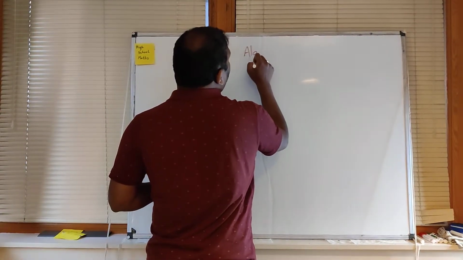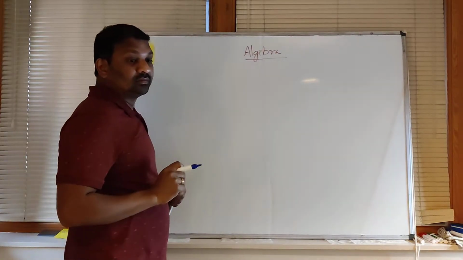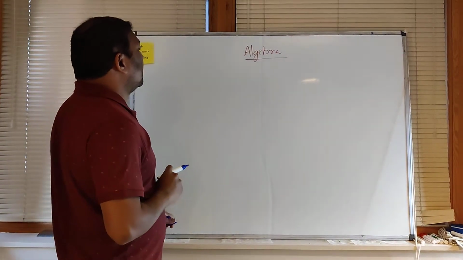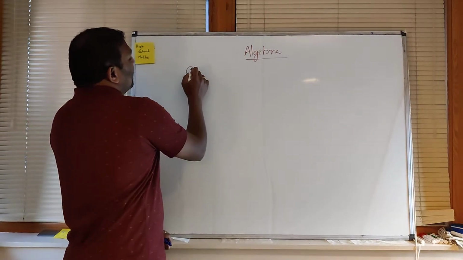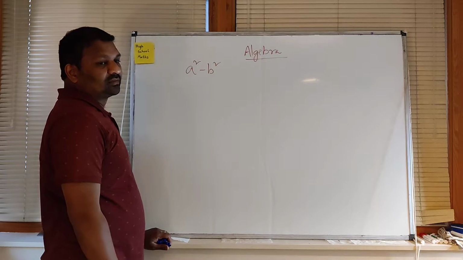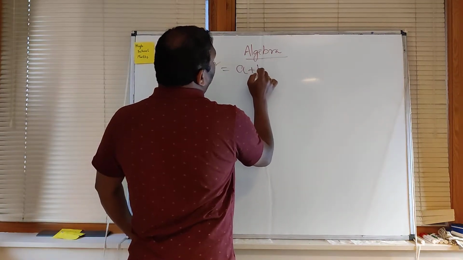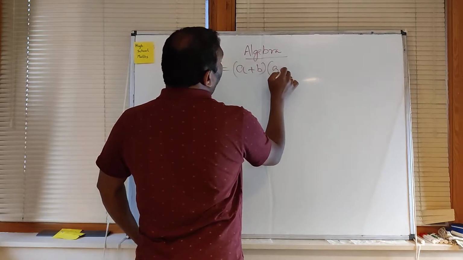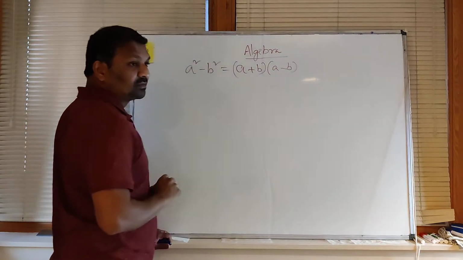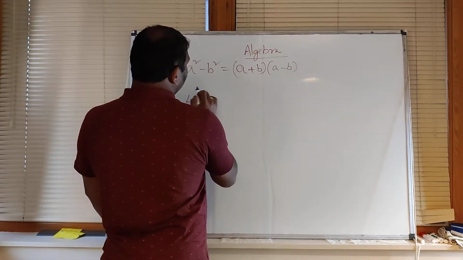Let's discuss algebra today. So, what are the factors of a square minus b square? A plus b into a minus b. For example, something like this will be given: 4a square